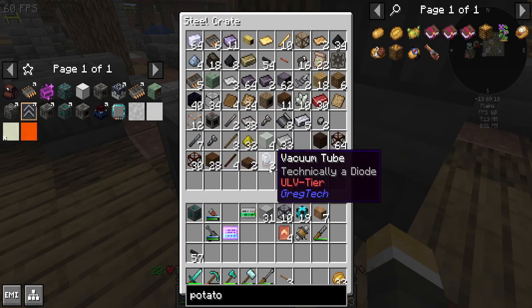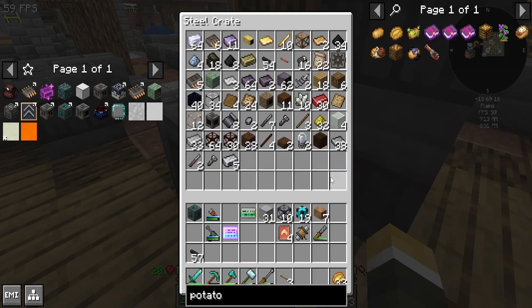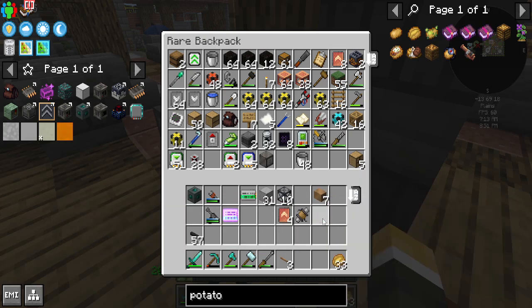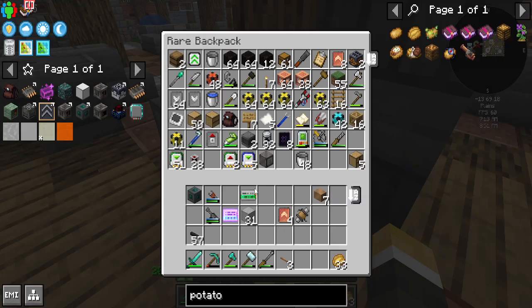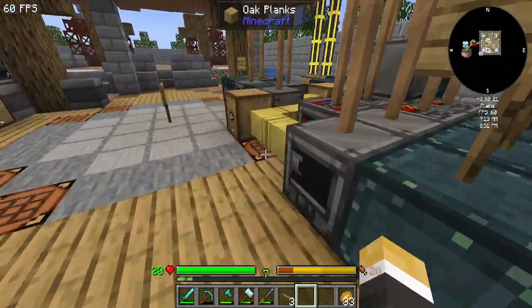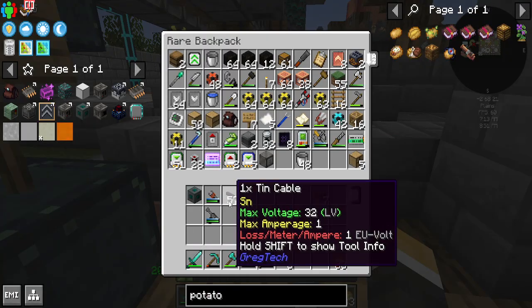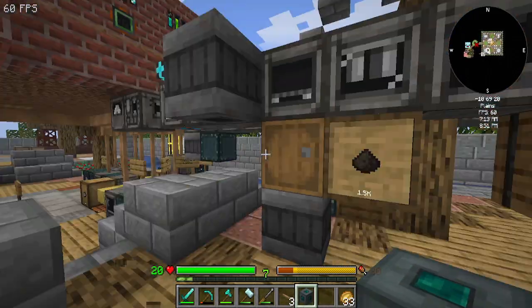Let's clean this up a little bit. There you go. These guys can go up there. That can go up there. Steel frames I don't need on me. Smooth stones are a building thing. These guys go up there. Tin cable can go... I mean, we use it all the time, so I guess we'll just hold on to it. And we've got a travel anchor. We should put the travel anchor...